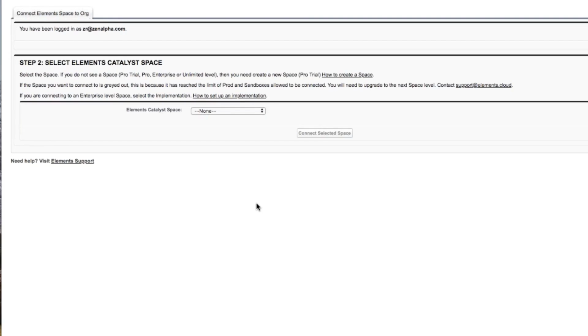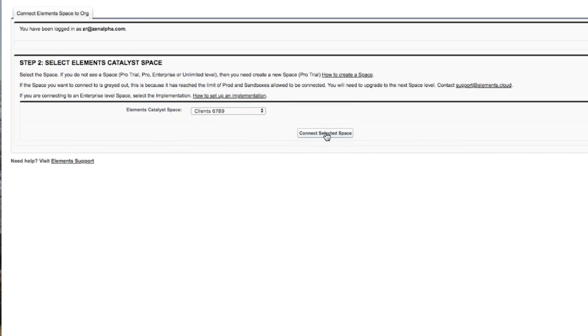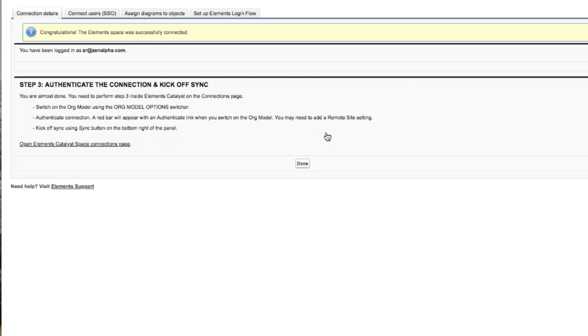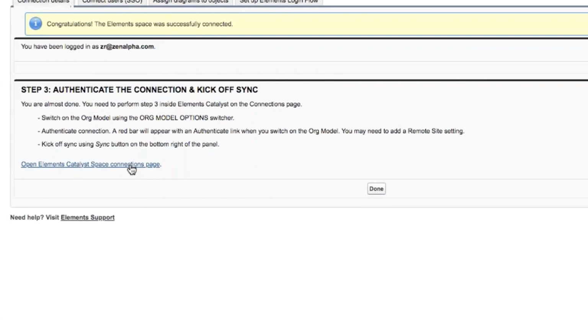And now I need to connect this org to that space that I created for my client. There it is, Client 6789. And click Connect. So what I've now done is I've connected this Salesforce org to a space called Client 6789. I now need to go to that space inside Elements Catalyst to make the other end of the connection. So I click there on that link,